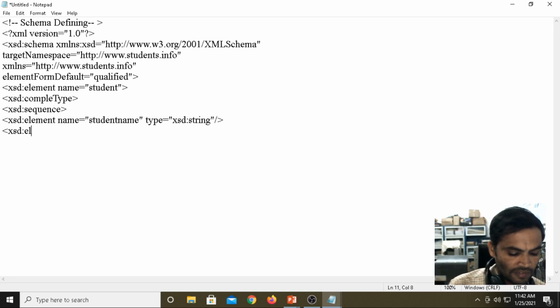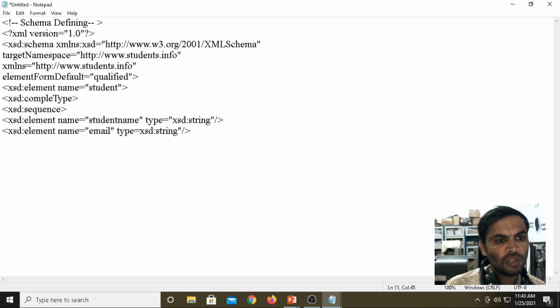I define one more element, name equals email, type equals XSD string. I took only two elements, but you can take n number of elements.